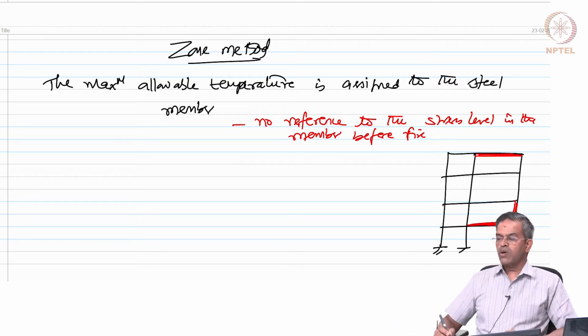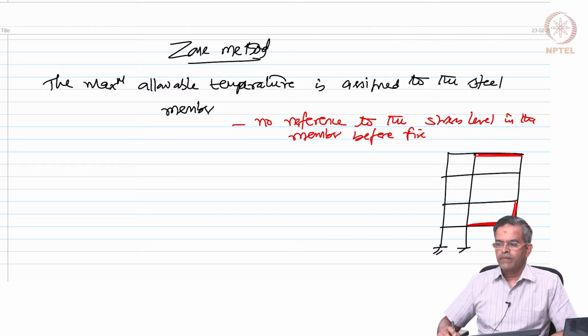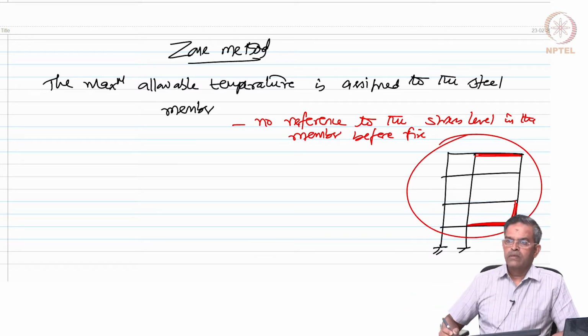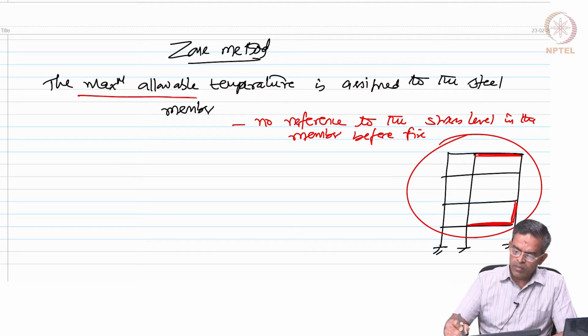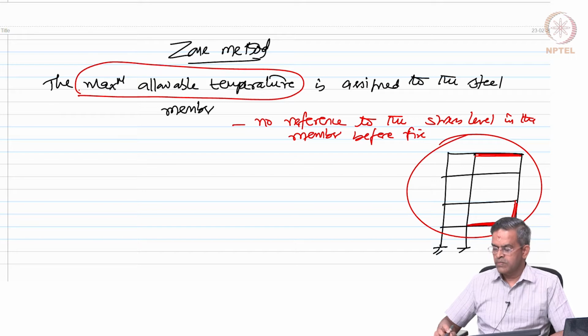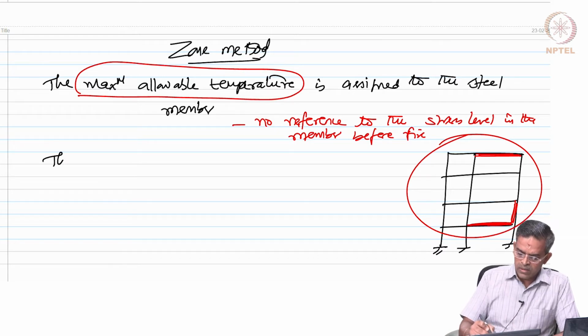These are the possible locations where a fire could outburst. So, now these steel members are assigned a maximum allowable temperature up to which they have to sustain. When you do that, you do not have any cross reference to the stress level in these members before fire. Okay. So, the design is